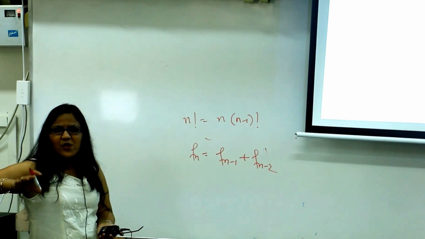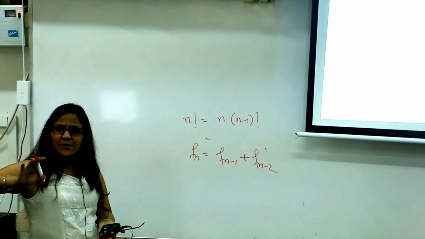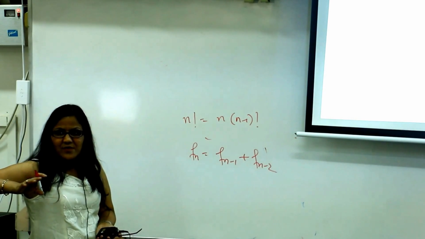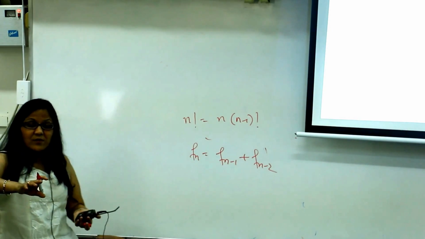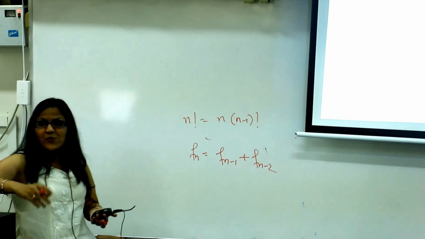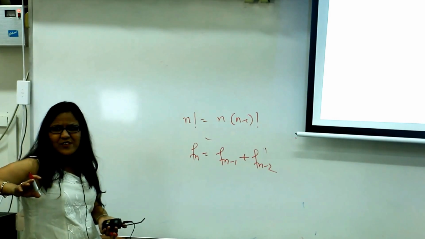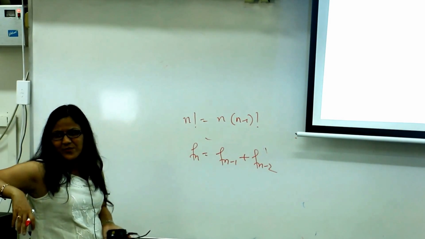We can use DP if we want all the numbers up to n. But if you want just the nth number, then we should not use it, and compute all and store all. If you just want to output, then also you don't need to. Which is generally not the case. You don't want to store all the Fibonacci numbers.